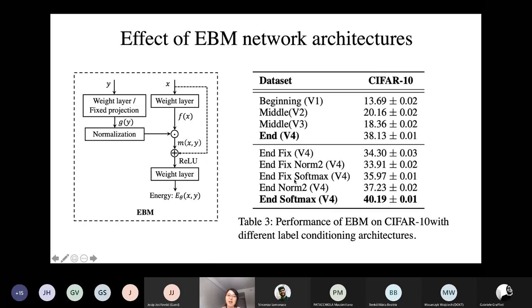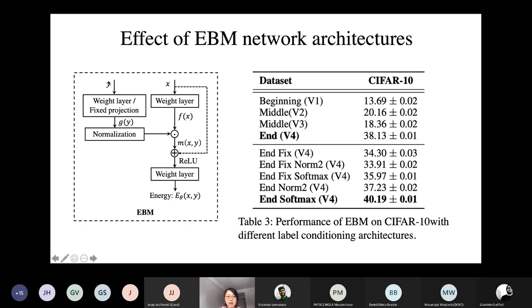So recall that our energy-based model takes x and y as input and outputs the energy. So it's very flexible for us to dynamically add new classes. And also the design of the model architecture is very flexible. As long as the input is x, y, and the output is their energy, the model can be very flexible. So here we design several different architectures.